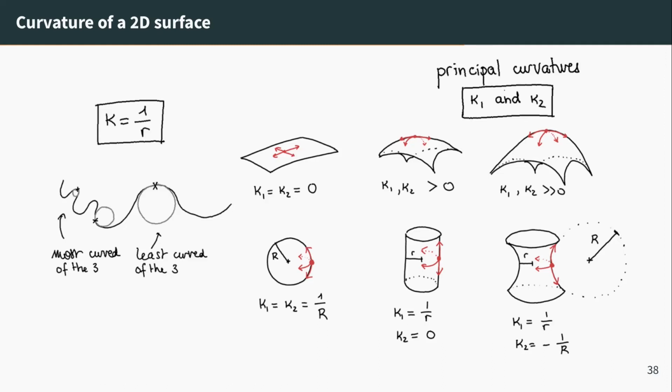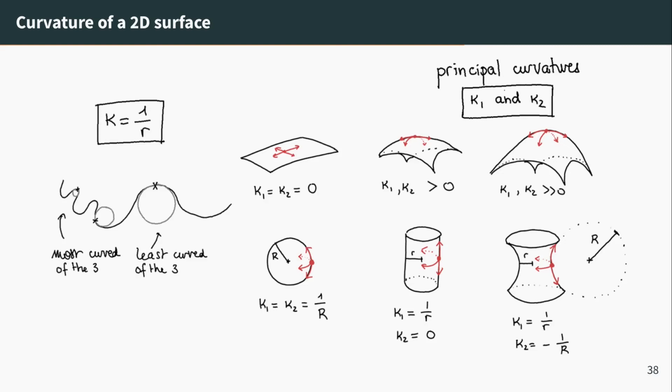And finally, you look at those kind of surfaces, we call those hyperbolic surfaces, where in one direction you have positive curvature, and in the other direction you also have curvature, but of the other sign. And so we orient the curvatures according to the normals, and so we say that we have 2 non-zero values, but of opposite signs.